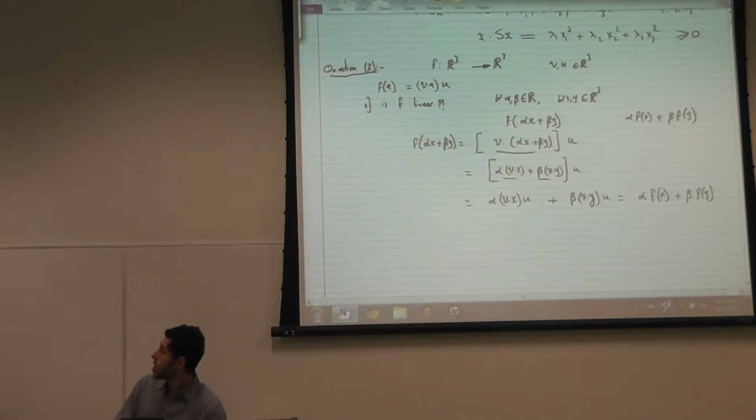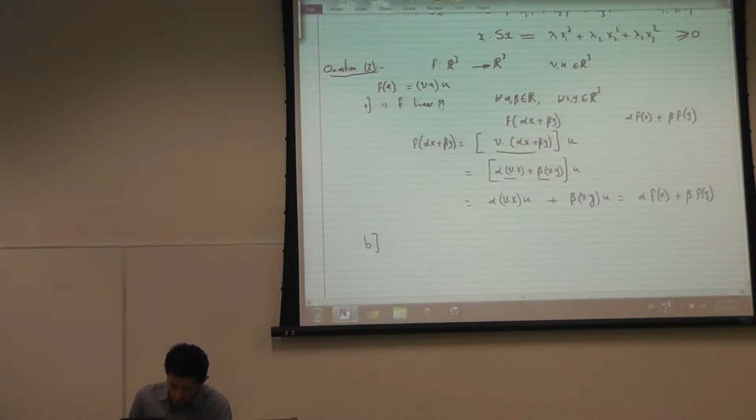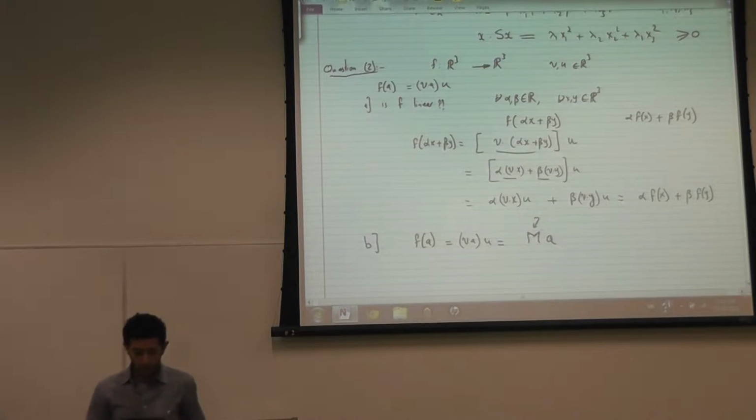Now any linear function from R3 to R3 can be represented by a matrix. So what is the matrix that represents this particular function? We're saying f of A, which is equal to v dot A u, is equal to a matrix multiplied by A. What is this matrix? If you do it with the components,